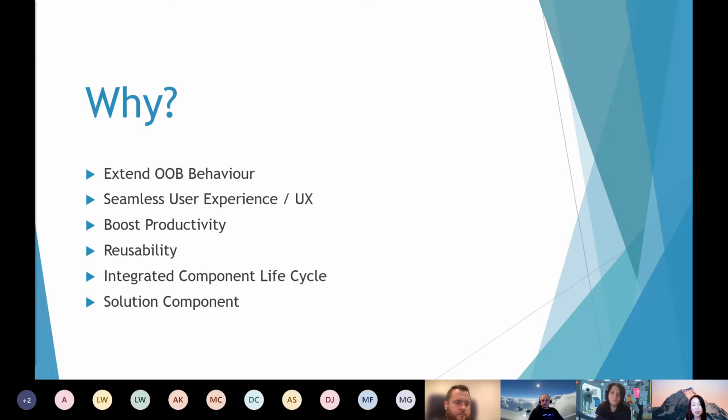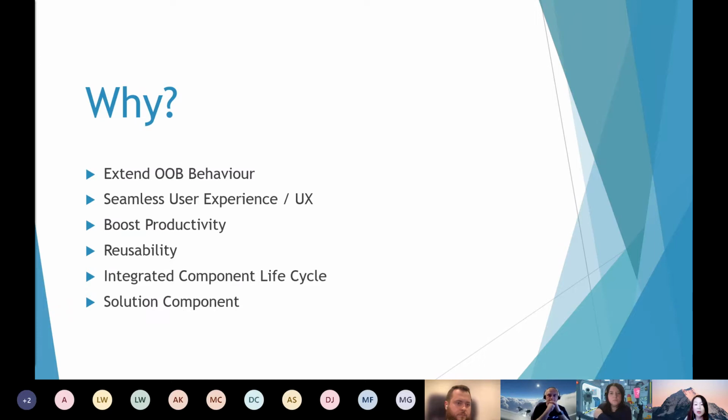So these controls can actually participate in the host lifecycle. I'll demonstrate why this is so important later in the demo. And lastly, these controls are built into solution components. So they're easily packaged up as one of the components in the solutions like any other customizations that you might do on Power Apps.